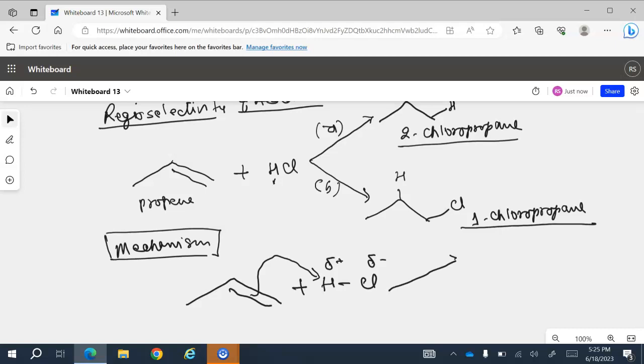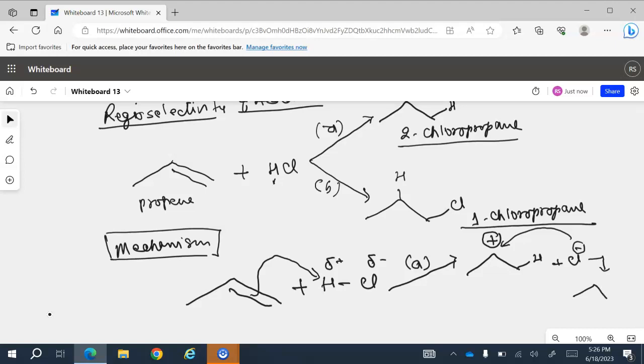If it is following path A, then the hydrogen is added to the terminal carbon, and you will have the carbocation generated on the middle carbon. And the Cl minus obviously will then attack in the next step,